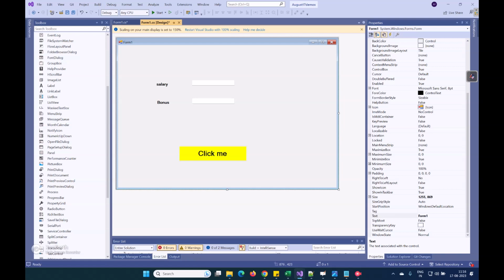Salary, bonus. Okay. So now what I want to do, whatever salary you give in the text box and whatever bonus you give in the text box, that I will take and pass to the employee options.